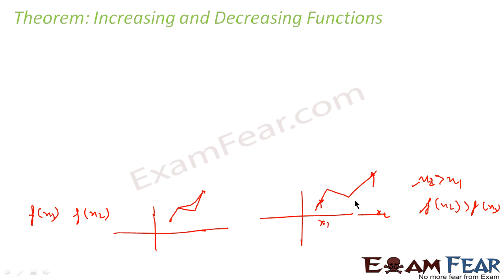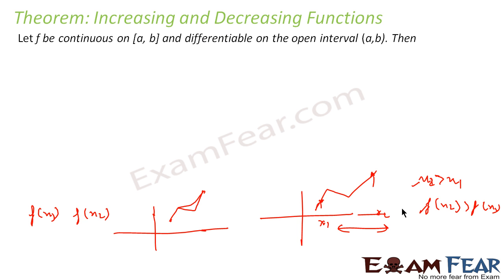But we know that this function is not increasing. So logically, we can't tell the function is increasing or decreasing just based on two points. We have to keep on finding other points also. This is the problem, because if you take a long difference between x1 and x2, you may find a result which says that this function is increasing or decreasing, but actually it is not. To avoid such a thing, we have a new formula that says that